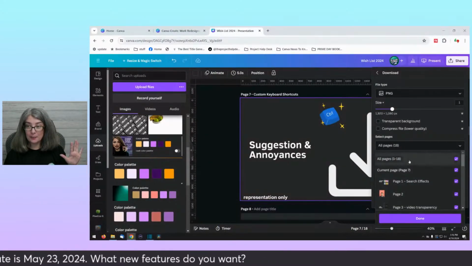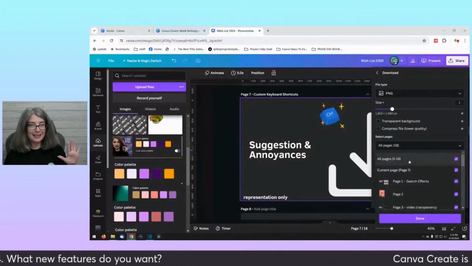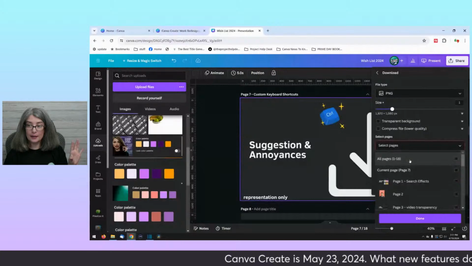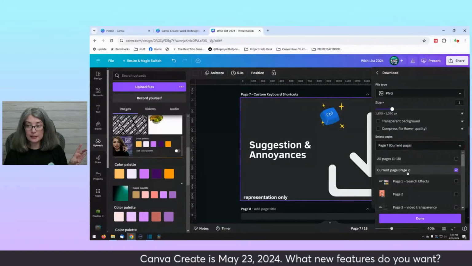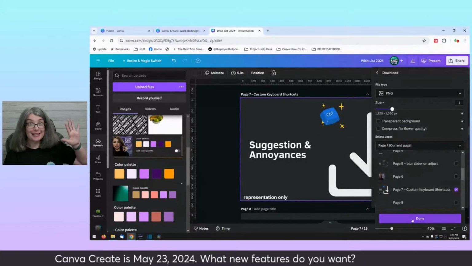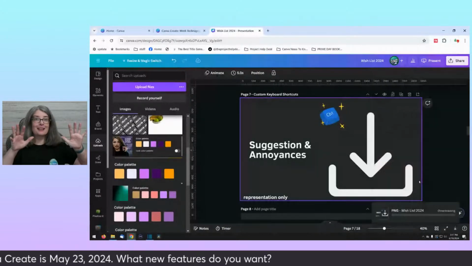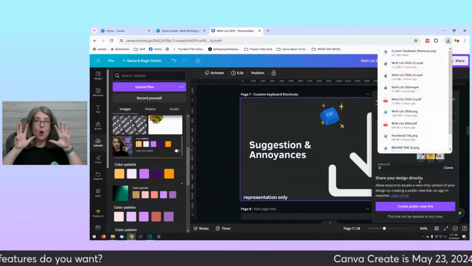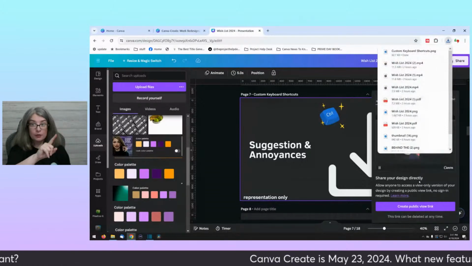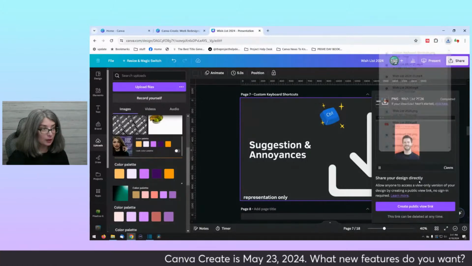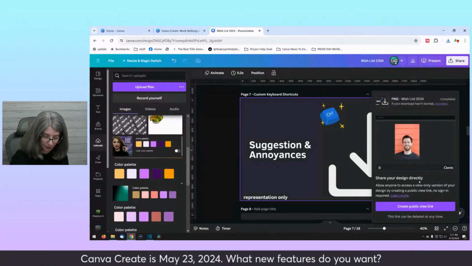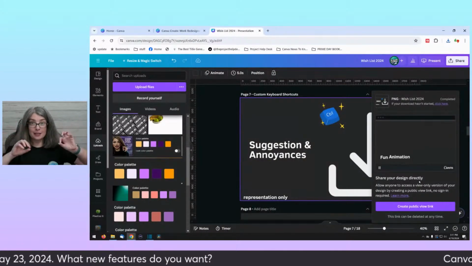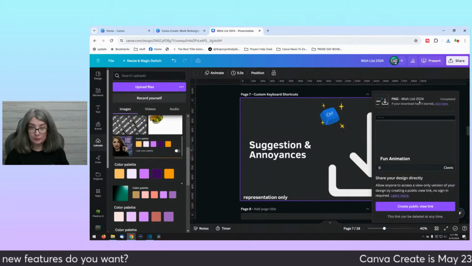So this is 5 clicks. Then I have to click the page that I want. So I need to uncheck everything. So that's 6 clicks. And then current page, 7 clicks. Done. That's 8 clicks. 9 clicks. It took me 9 clicks to download one page. So that was one way. So let me make a note of 9 clicks. It takes 9 clicks to download one image.